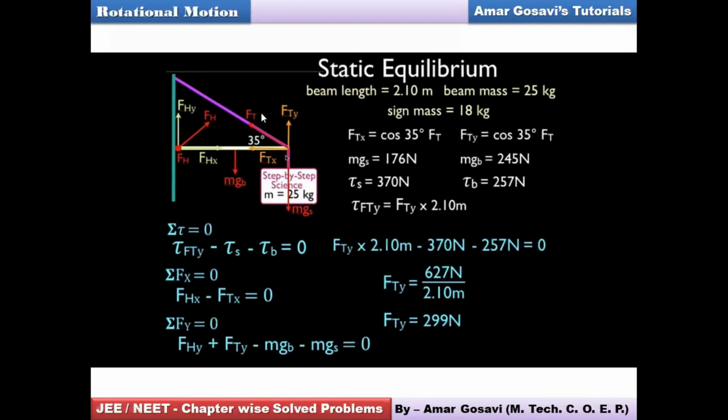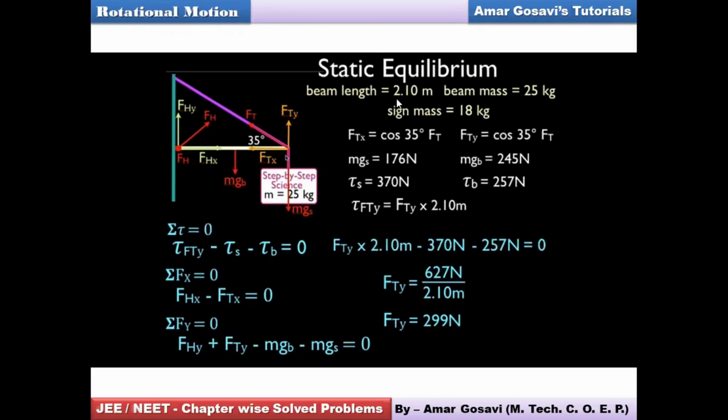So what is Fty? Ft resolved along y-axis. So you get this force, that's 299 Newton. Please make a note of it and then let me know in the feedback section so that we move ahead towards the next part of the analysis. Hopefully you have understood this critical analysis. I believe the things are pretty clear because they all go according to our understanding, friends. Yeah, most of you say done.